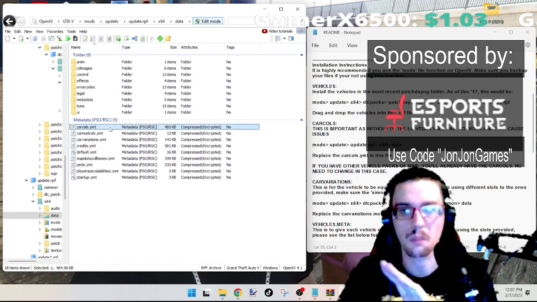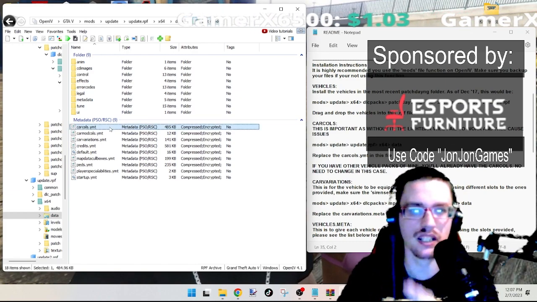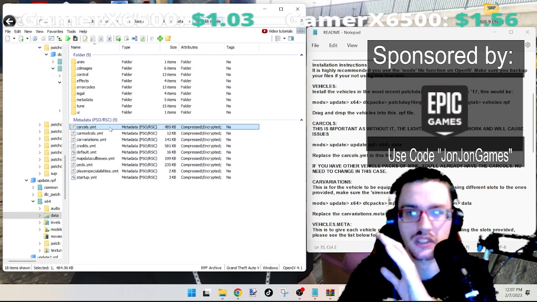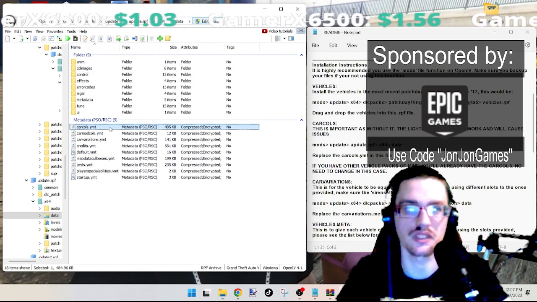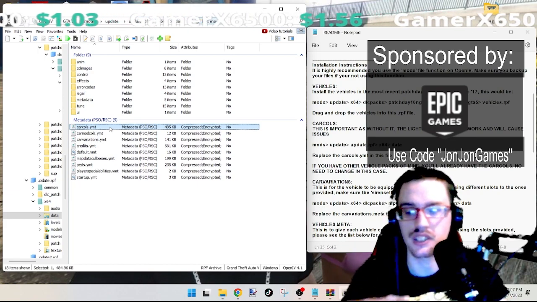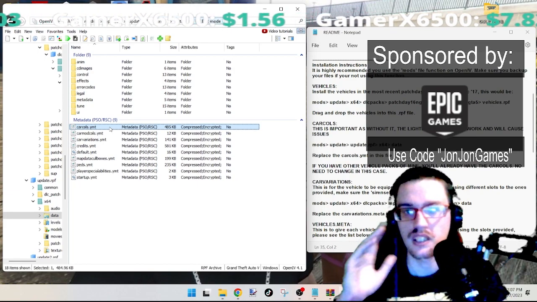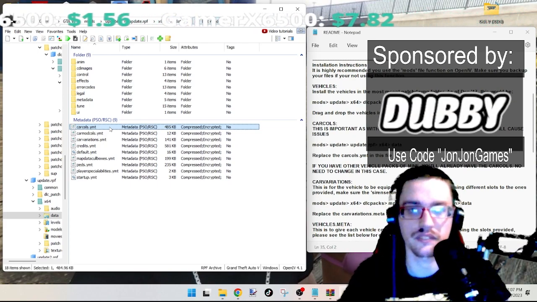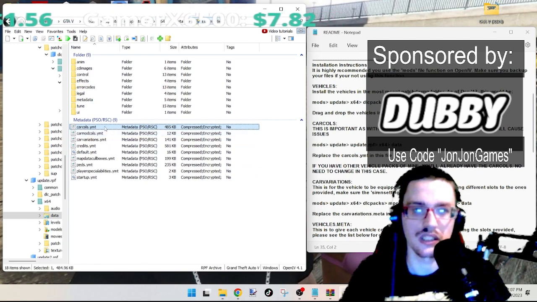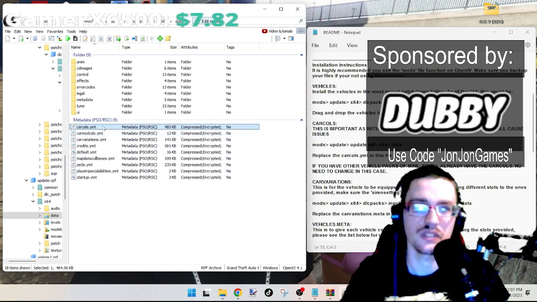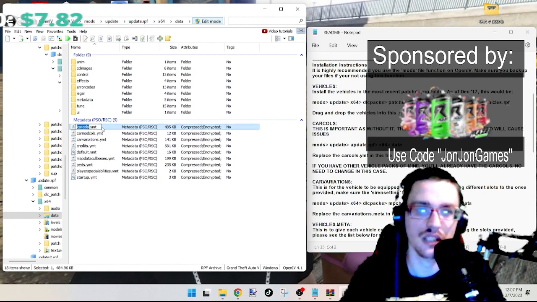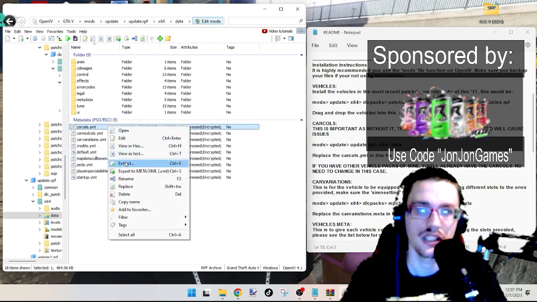Before we replace that, we need to make a backup file for this. Always back up the original files, or you're going to have issues. If you want to take this vehicle pack off, make sure you have the original file to replace it. So in order to back up the original file, we need to click on the Callouts.ymt, right click, extract,